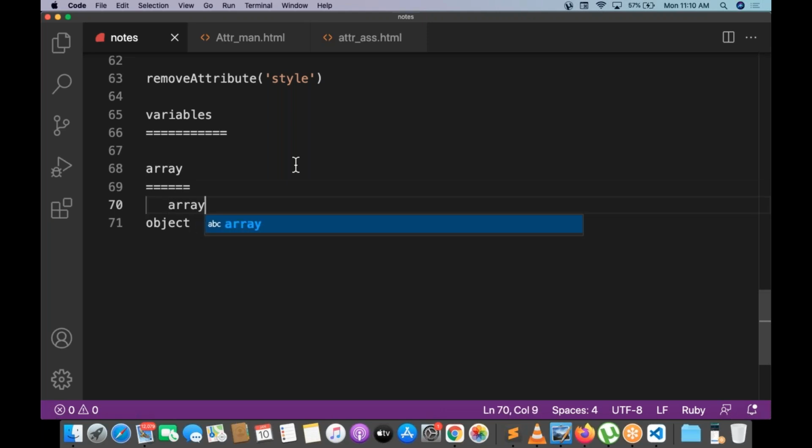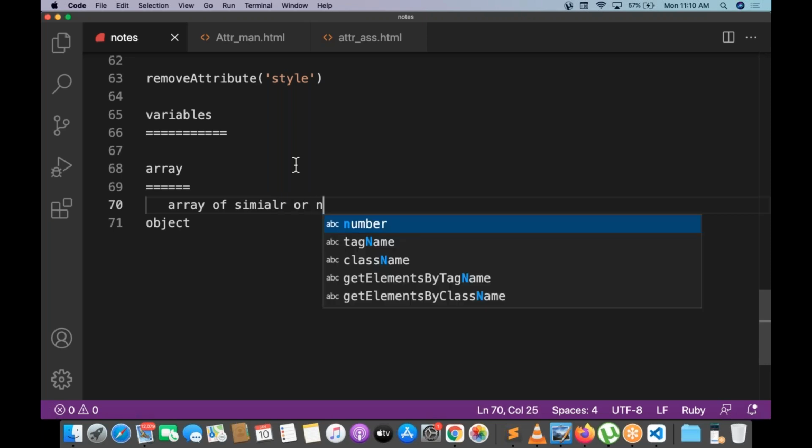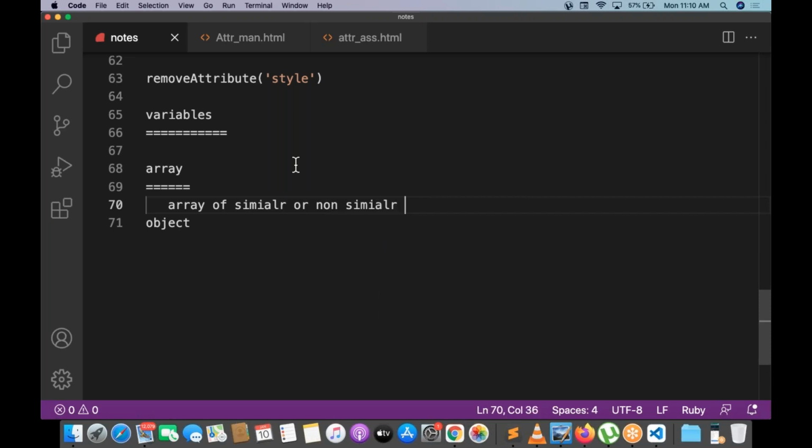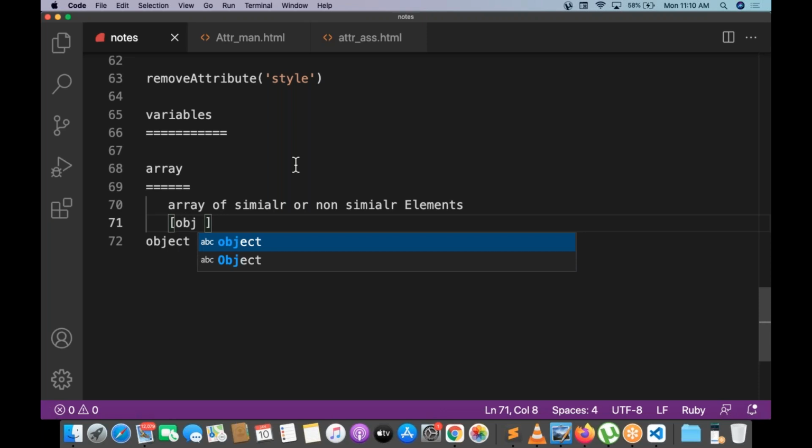Array is what? A collection of similar or non-similar elements. Okay, so how do we define an array in JavaScript? In JavaScript, an array is defined with square brackets. And here you can specify one object, one array, one string, one number.